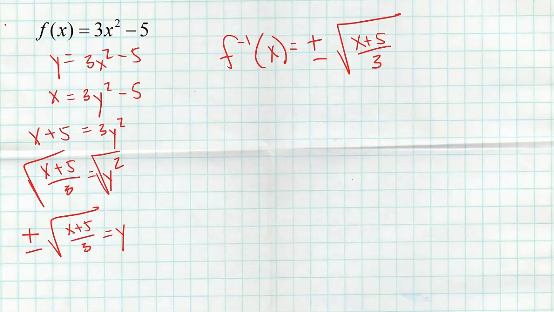So this would not be an invertible function unless we restricted the domain. So maybe we said this domain can only exist to certain values. Therefore, when I invert it, I only get half. Maybe I'm going to restrict it to only the positives, so I'm not going to even worry about this negative right here. Now, all of a sudden, I do only have one output. But that function would have to be